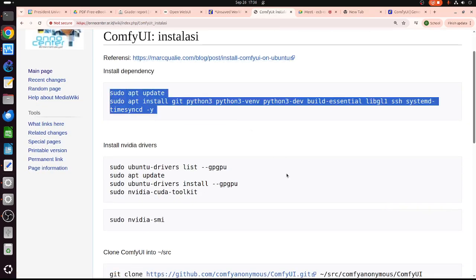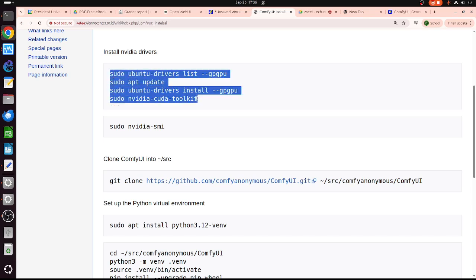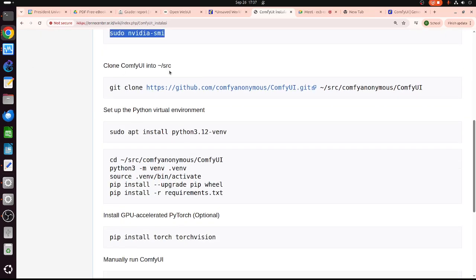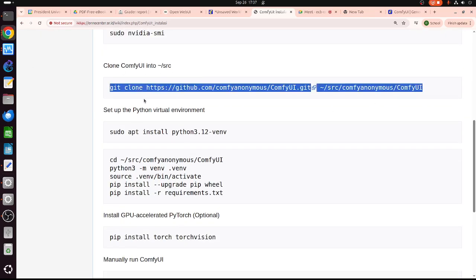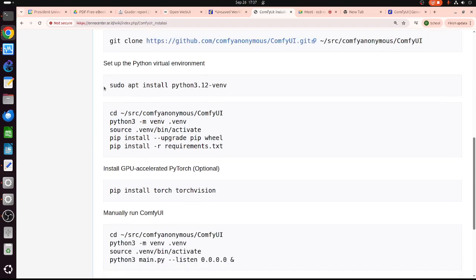Basically, you need to update the library dependencies, and you need to install the GPU driver as well as the CUDA toolkit. You can check whether the NVIDIA driver is okay by typing nvidia-smi. For ComfyUI you need to clone the source code, and ComfyUI runs in a virtual environment.